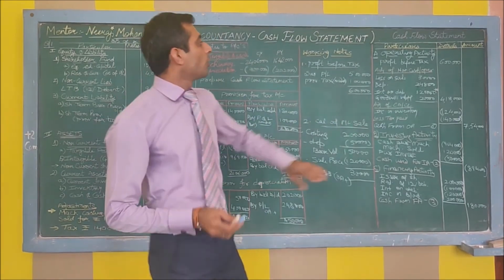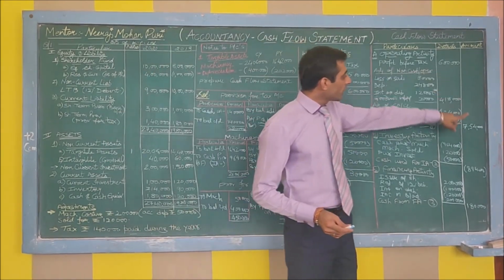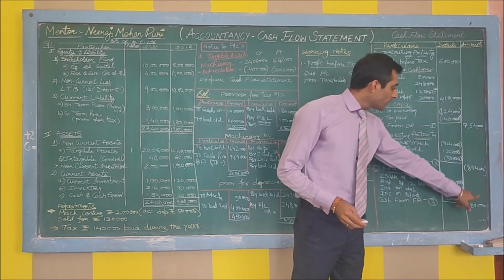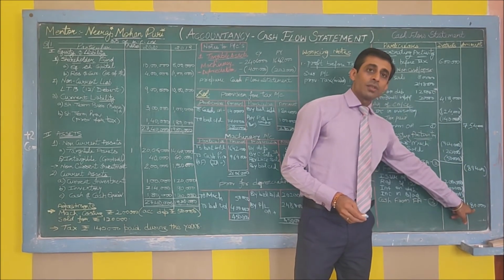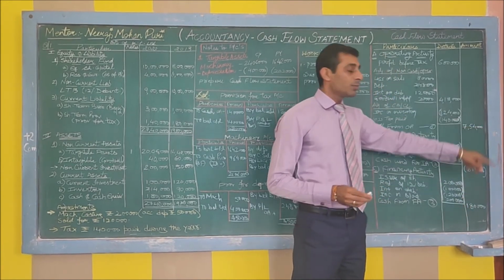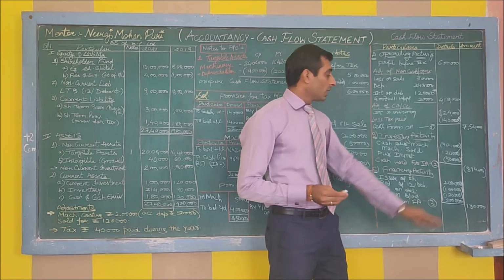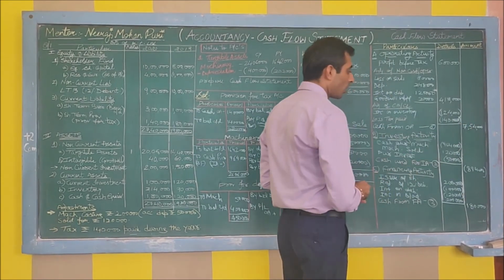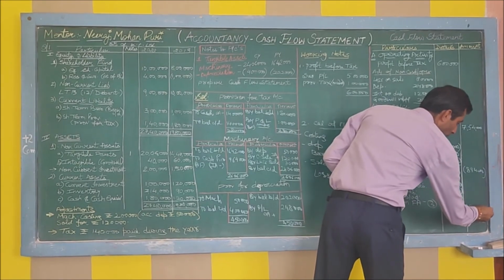Once we have found the answers for all the 3 activities, this is activity number 1 positive, activity 2 negative, activity 3 again positive. Keep in mind, in the three activities most of the time the signs will come opposite. All 3 will not have the same signs. Let's now conclude and close our sum.